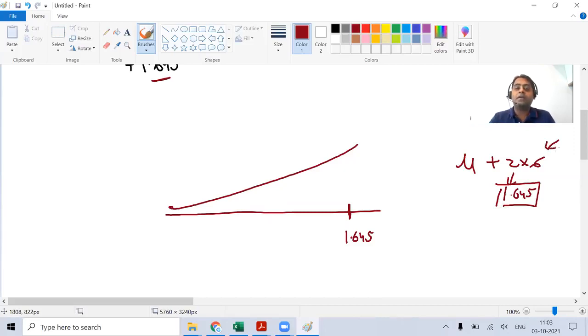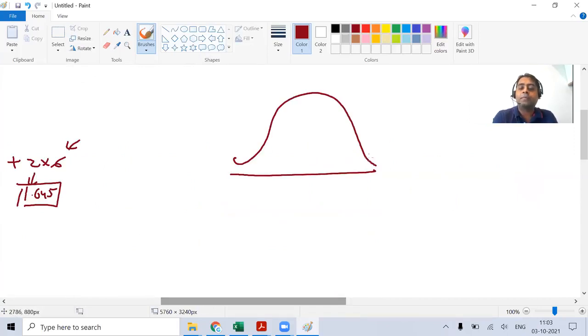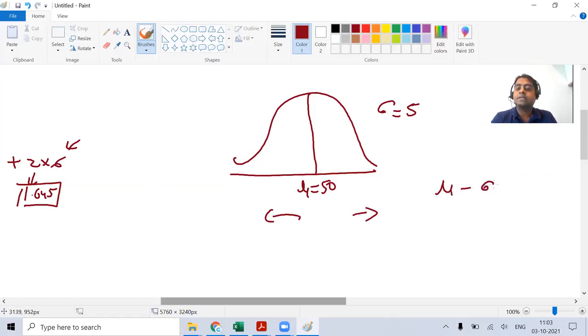Why? Because my standard deviation and the standard normal distribution's standard deviation are not the same. In a standard normal distribution, the standard deviation is 1, right? But suppose I have a normal distribution with a different data spread, say, and I'm coming to that topic, I'm just connecting it on the point. If I have a normal distribution with a mu of 50 and a standard deviation of 5, when we used to do a confidence interval, we used to go down and go up. When going down, we used to do mu minus sigma into z, sigma into z.